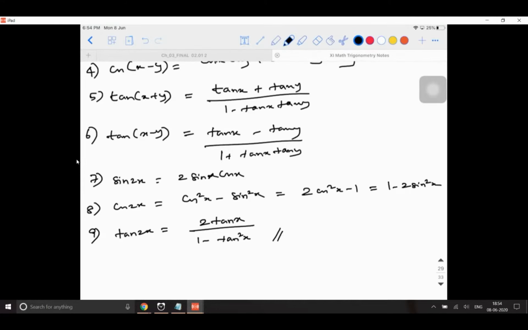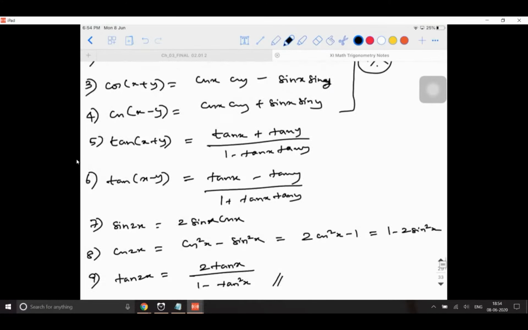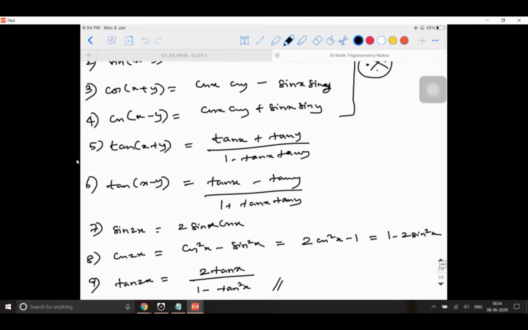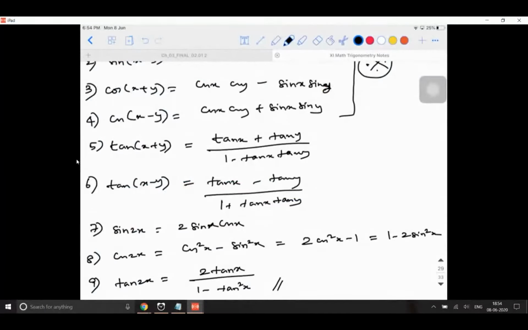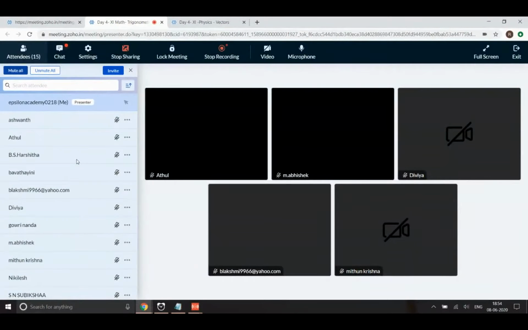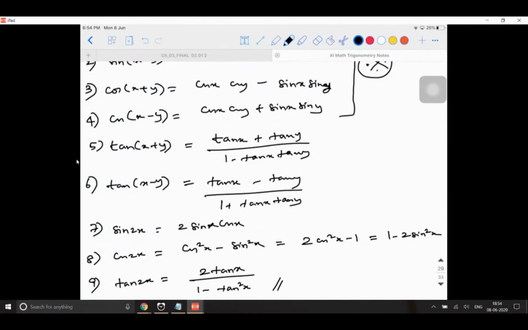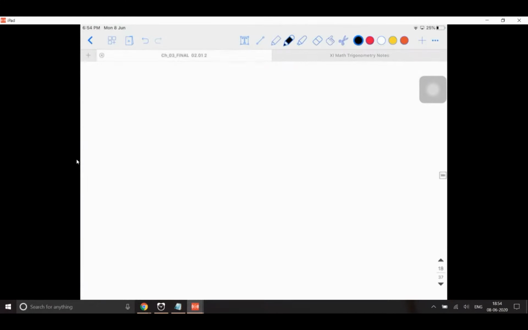So these are all the formulae. As I told you, write it at the end of your note so that you can refer to it whenever you want. Once you're done with this, we will do some examples. We will do some problems. Right? Are you done? Yes, sir. Okay. So we'll do some problems based on this concept.